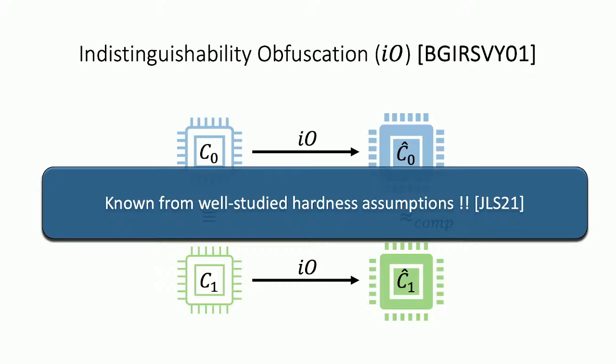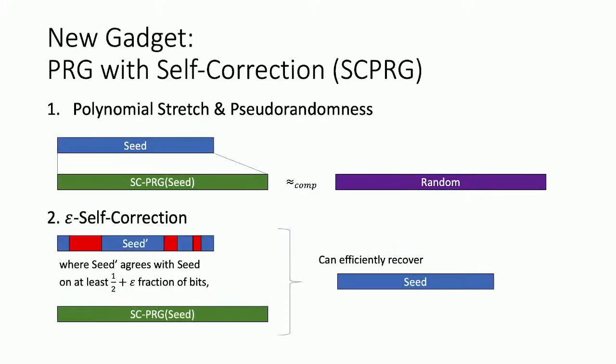And we know them from well-studied hardness assumptions now, thanks to Jain-Lin-Sahai. And let me introduce this new gadget, which is called a PRG with self-correction. It satisfies the standard properties of a PRG, polynomial stretch and pseudorandomness. It also has this epsilon self-correction property, where if I give you the PRG evaluated at some seed,